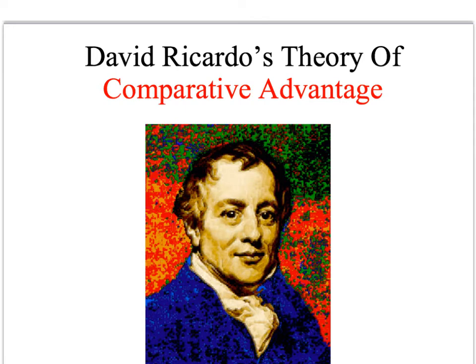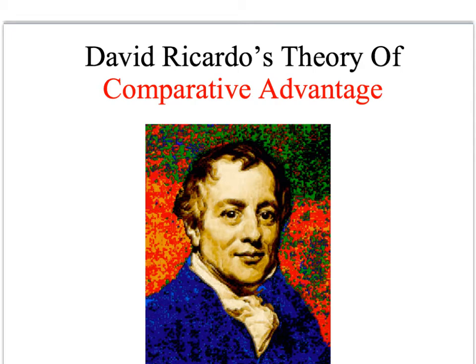This belief in the economic benefits of free trade goes back to the work of David Ricardo and his theory of comparative advantage. Ricardo argued that countries should specialize economically in what they do best, in other words, what goods and services they produce most efficiently, and then trade around the world for all of the goods, services and resources that they don't produce most efficiently or that they don't have readily available to them.